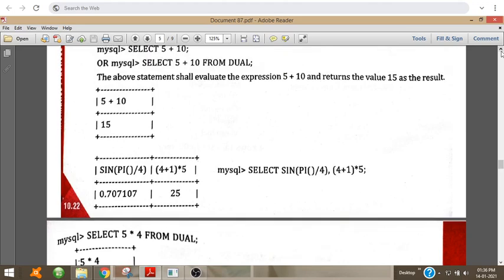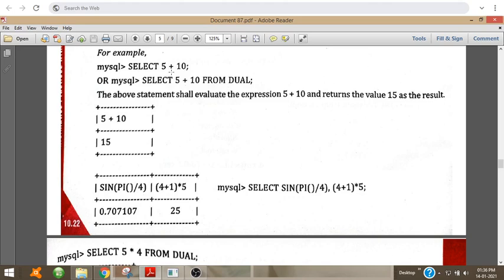You can do these operations either directly or, you have to write DUAL. So for arithmetic operations on just two numbers, we can just specify the dummy table dual. This table has just one row and one column. So what happens is it will compute the arithmetic operation and show the result.